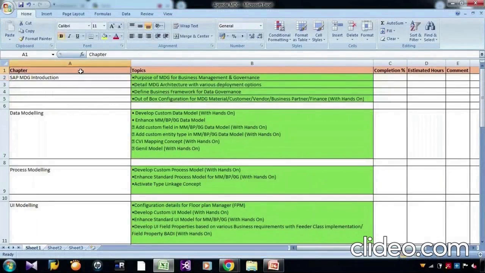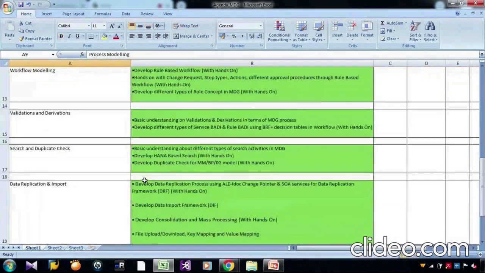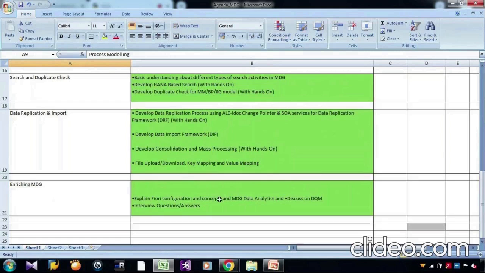So here we have chapter wise, first is SAP MDG introduction. In introduction, we will talk about these topics. Data model, we will talk about these topics. Process model, UI, validation, search and duplicate check, data replication, and enrichment.